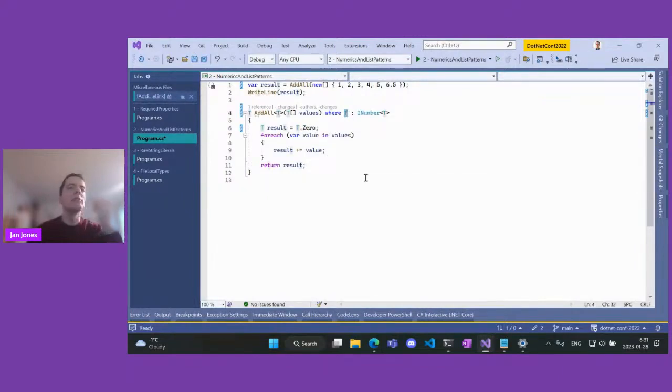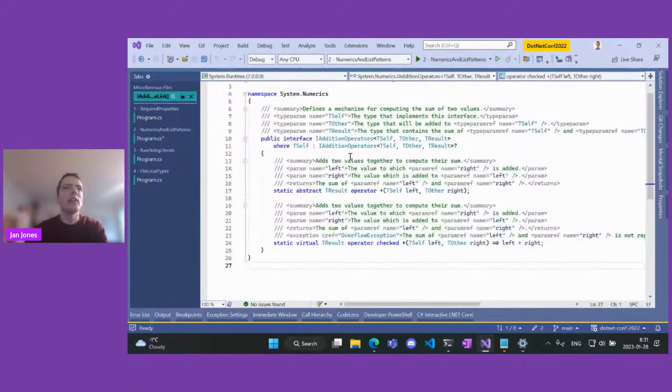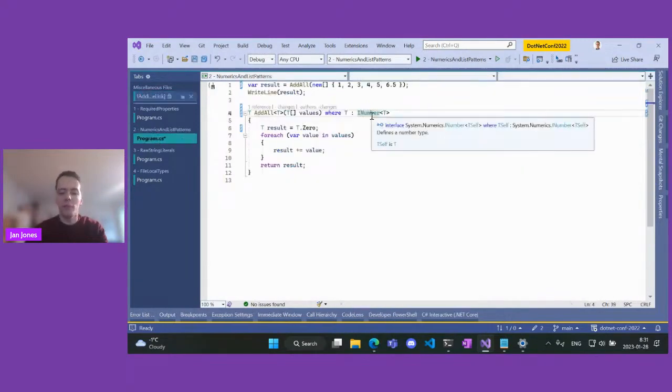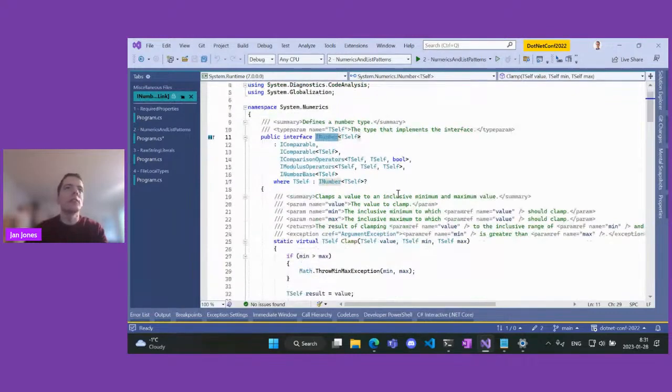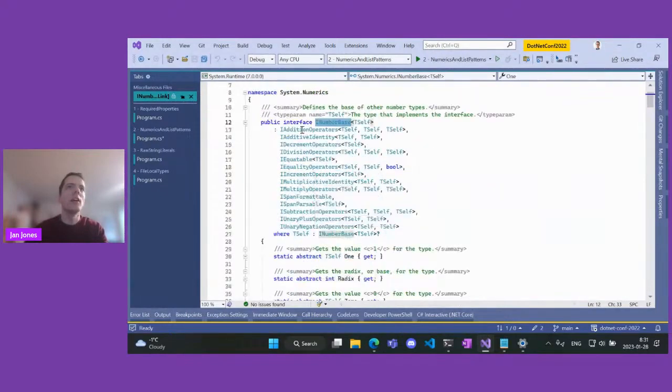And t can be even any custom type, like a matrix, for example, can behave as a number. So this would be a zero matrix, and we would sum matrices here. So this way we can write generic algorithms very easily in C#. And if you go back here, I can show you. If I go to definition of number, that's the new interface added in .NET 7. It's kind of complex. If we go to number base, we can see there are lots of interfaces it implements so that it accommodates every need.